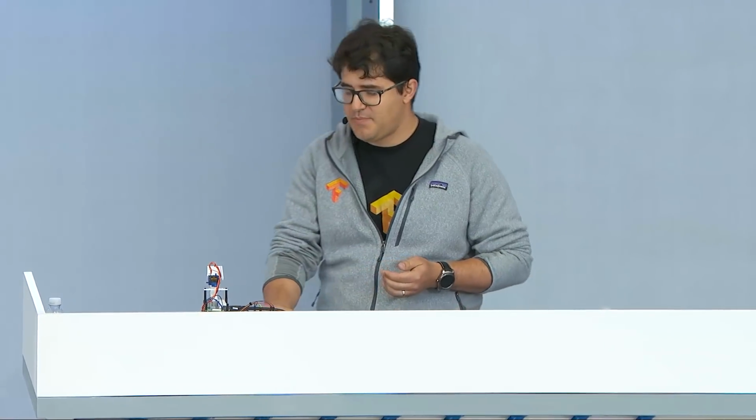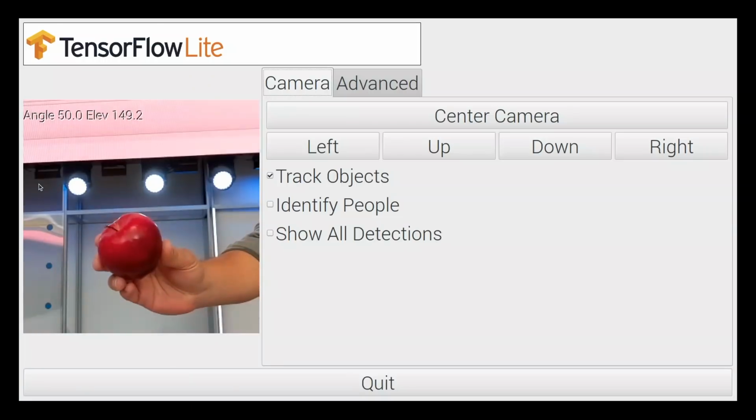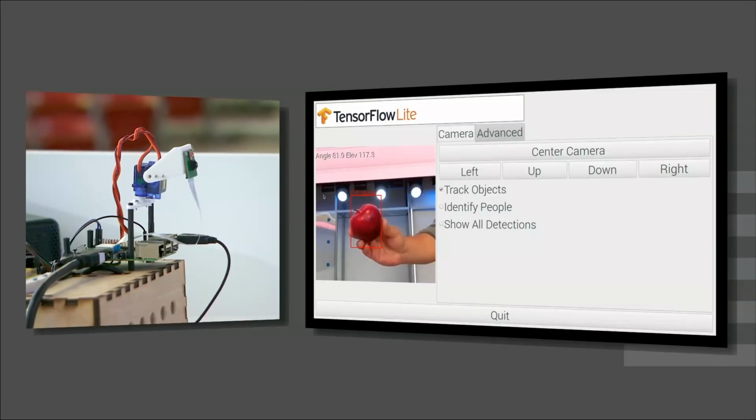And we can see my app. You can tell by the beautiful nature of this app that I'm not a great app developer, but this is what I can do on a weekend, so give me a little bit of slack. OK, so here if we hold up the apple, it's recognizing the apple, and it's telling us what probability and